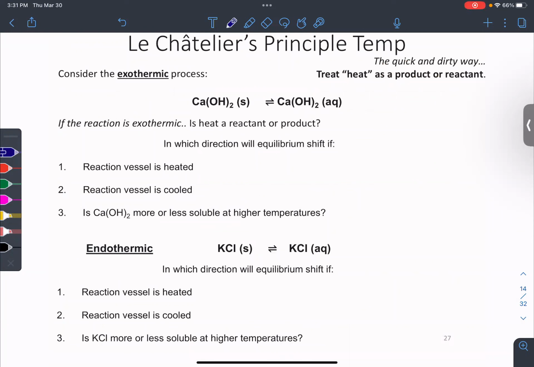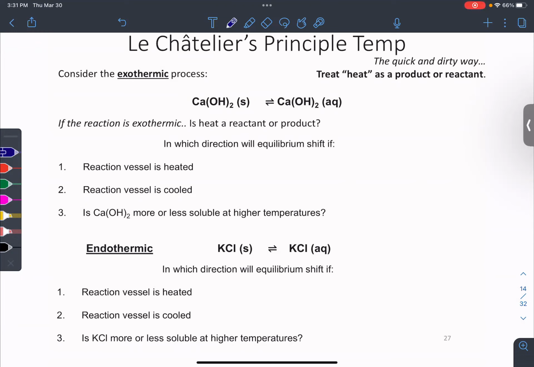So like I said, Le Chatelier is the quick and dirty way to predict shift, but you're always right in the end, right kind of for the wrong reasons. So we looked at adding a reactant or removing a product, and how that shifts equilibria. We can actually treat exothermic and endothermic reactions similarly if we treat heat as a product or a reactant. We'll still get the same answer, but for the wrong reason. But that's okay if we're just trying to predict shift.